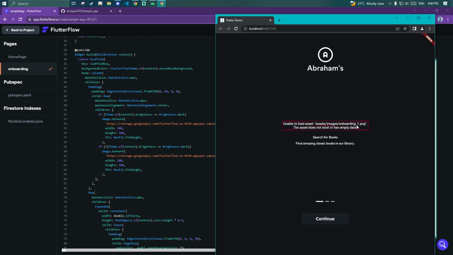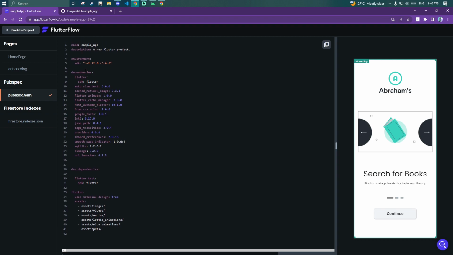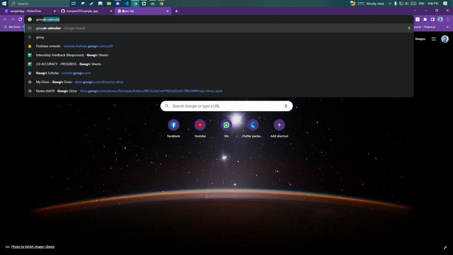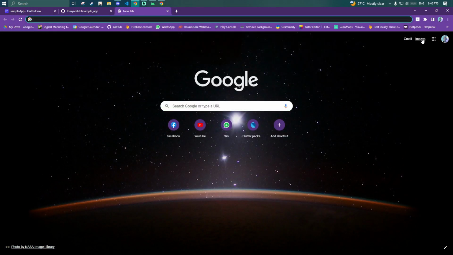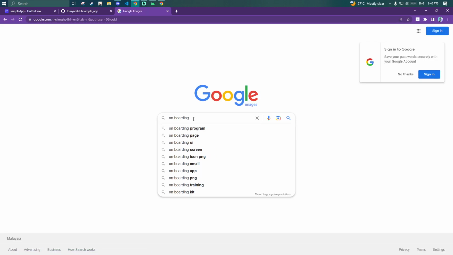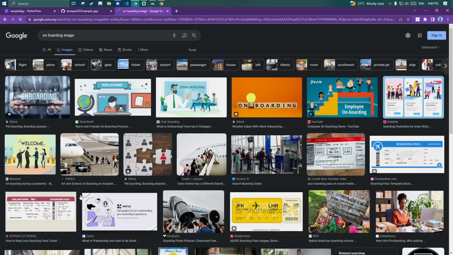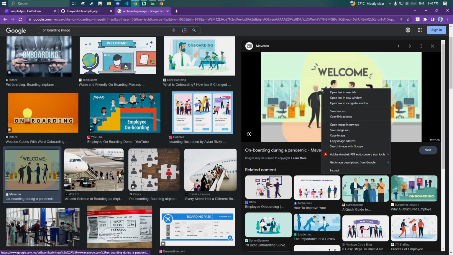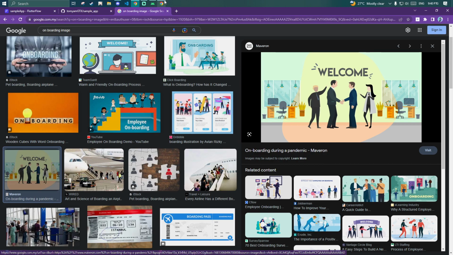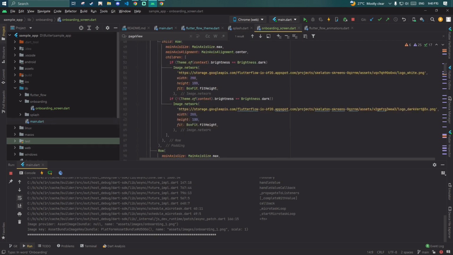Beside this one is for the asset image onboarding one. So we didn't have it yet. So you can use any image at the moment. So let's say I go to the Google, let's find the image here, and type onboarding image. So let's say I want to display this welcome. You can copy the image address, go to the code, control click the name, find the image here,